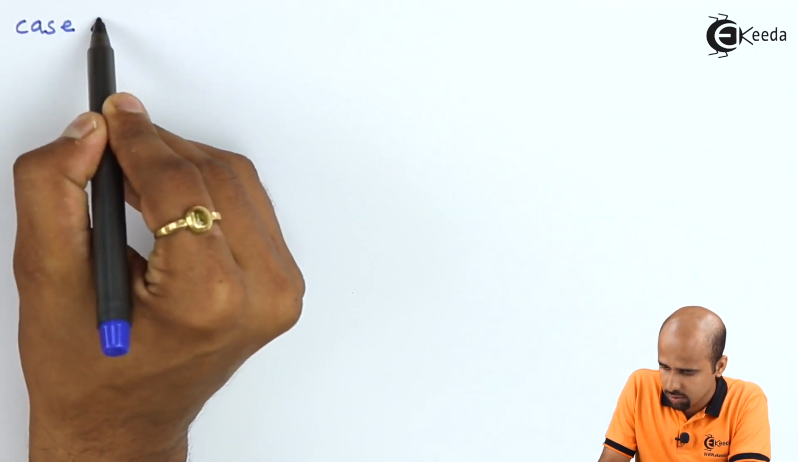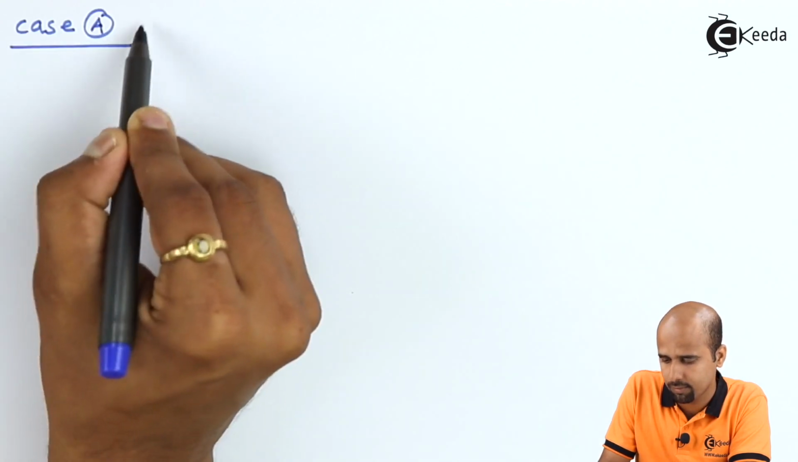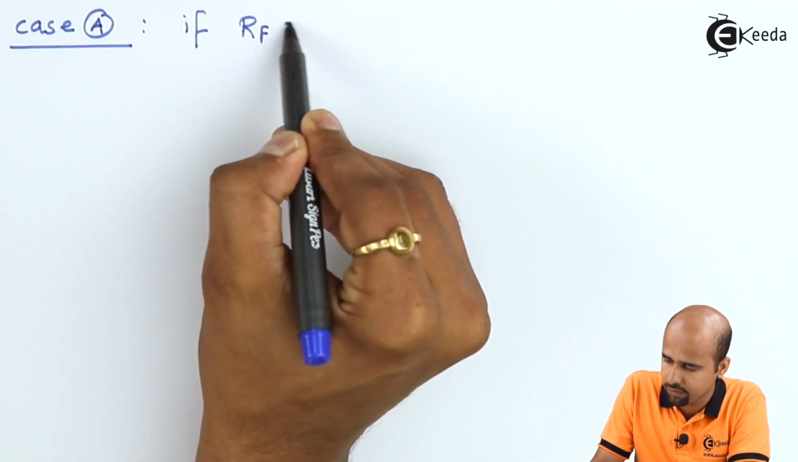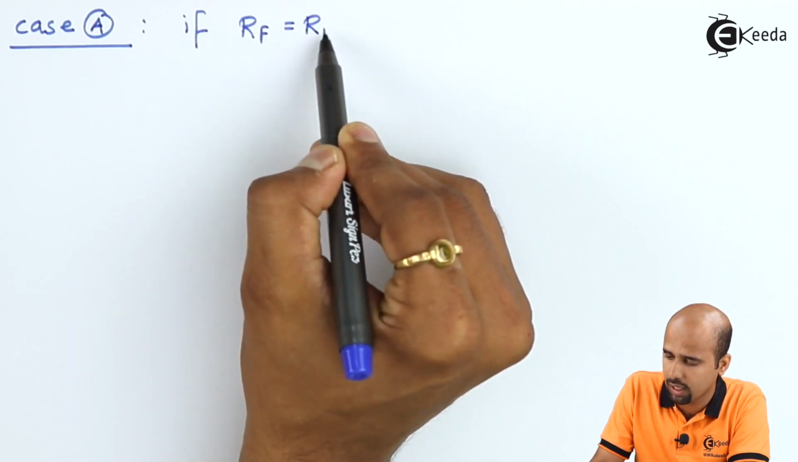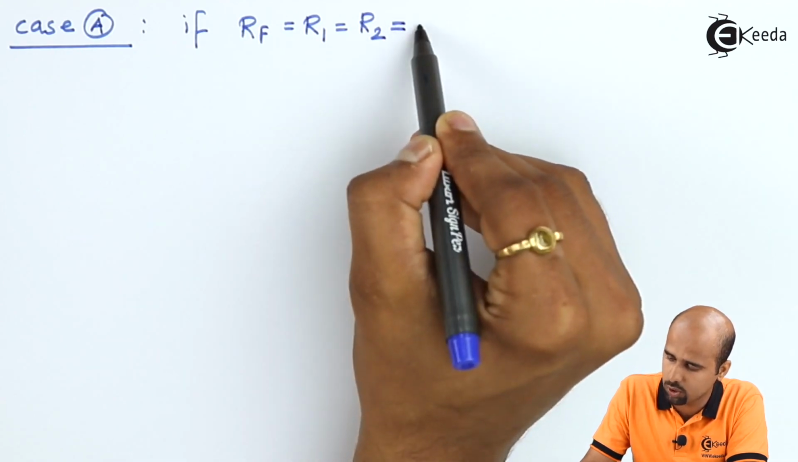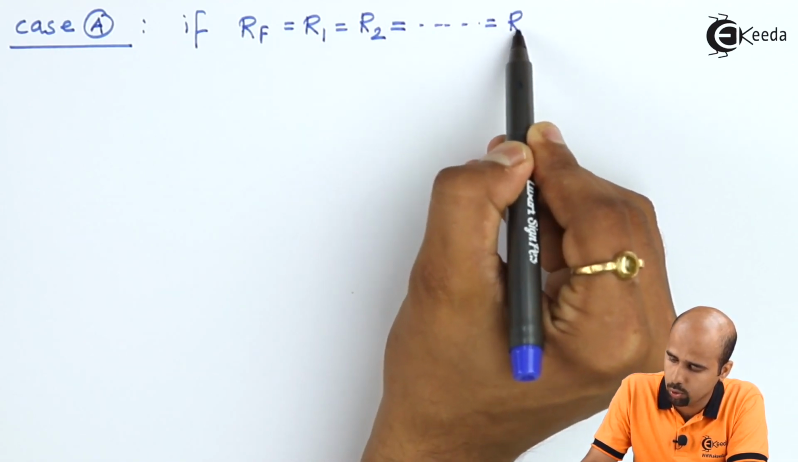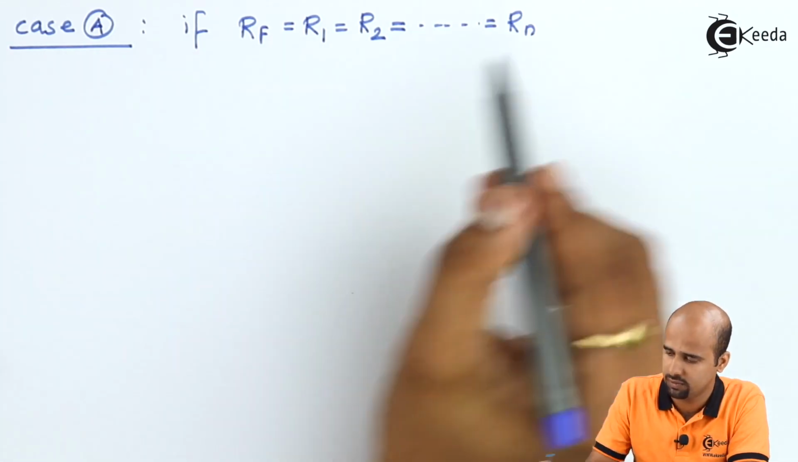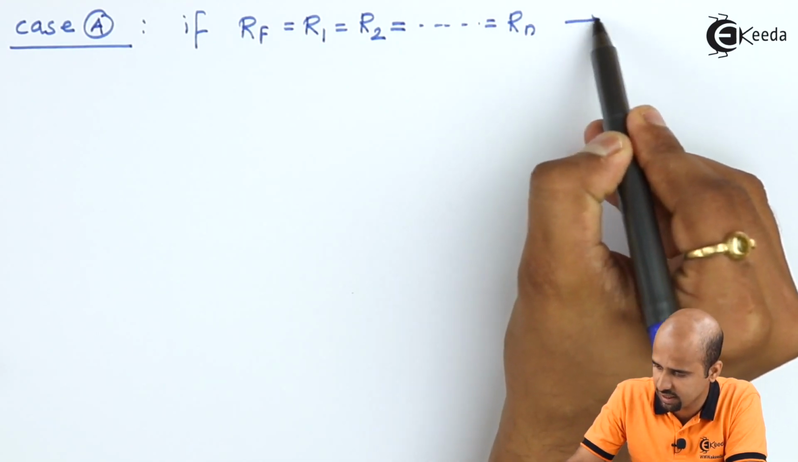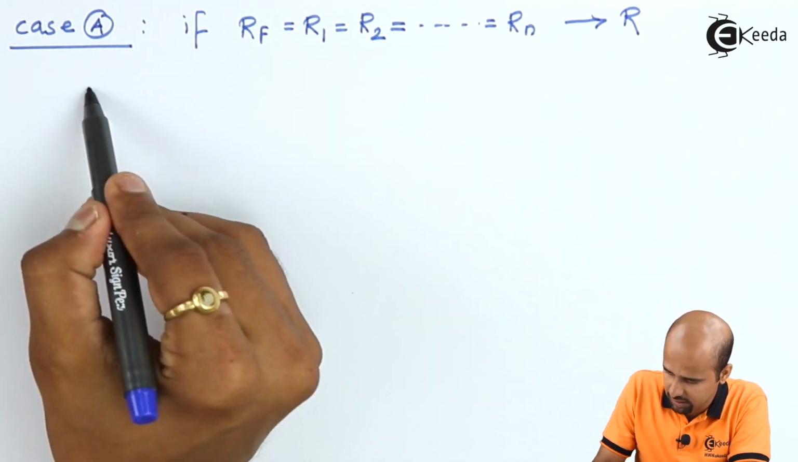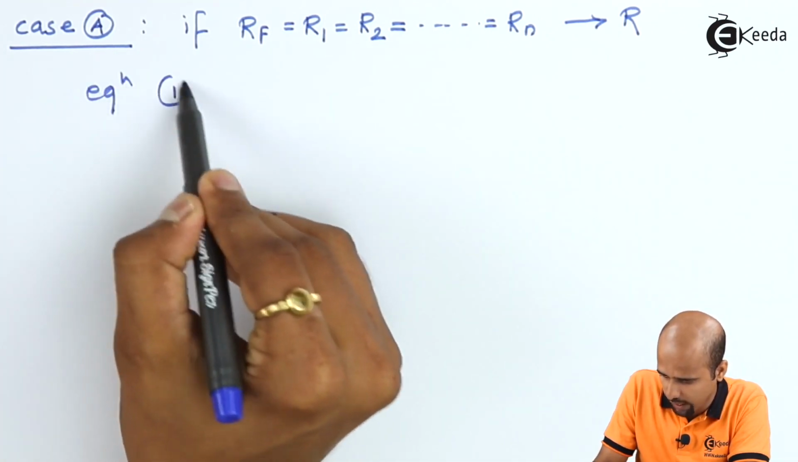Case number A. If Rf is equal to R1 is equal to R2 is equal to up to value of Rn, so if all the resistances' value is the same, then what will happen? We will say that this is equal to value R, let's say. Then equation 1 becomes